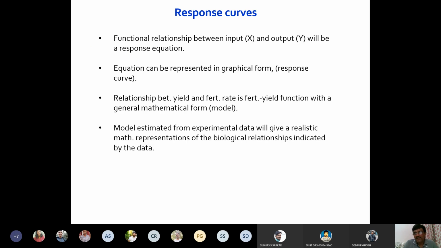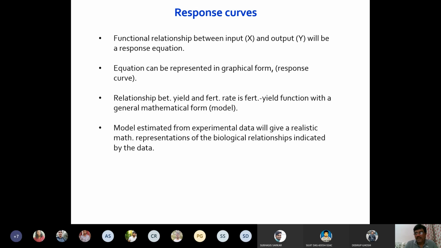So now let us start with response curve. What is response curve? If you do not get any point in this, you can stop me and discuss it, because if you do not understand a particular point, then you will not be able to learn many things in the subsequent slides. So it is better to get clarification immediately. If you have any problem, you just stop me and I will clarify, and then we will move further.